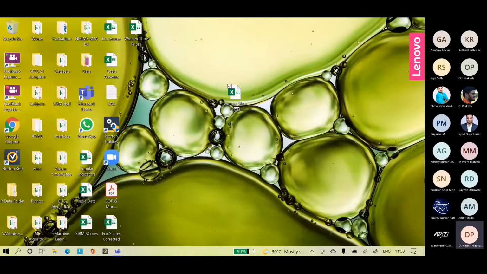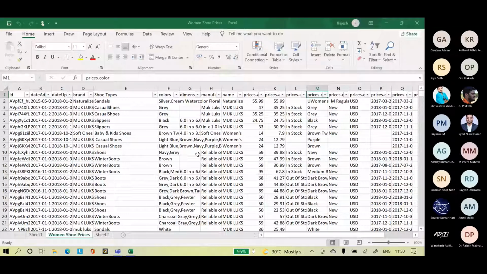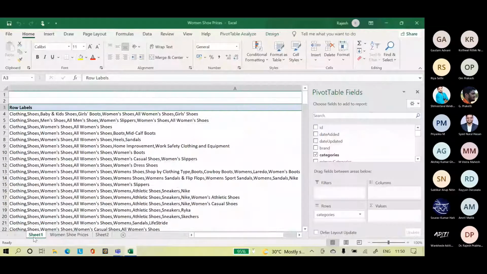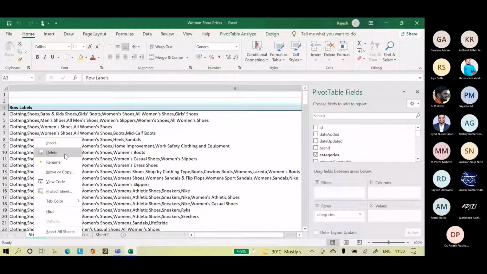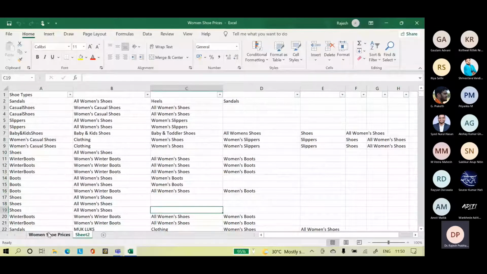The xlsx file, I have kept it. Delete the sheet 1, let there be sheet 2. Sheet 2, keep it like that only.